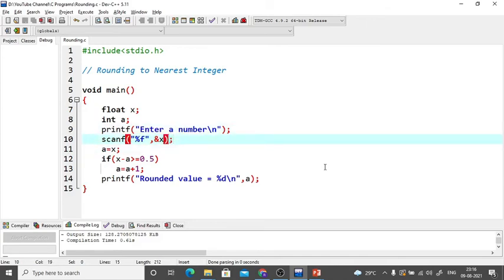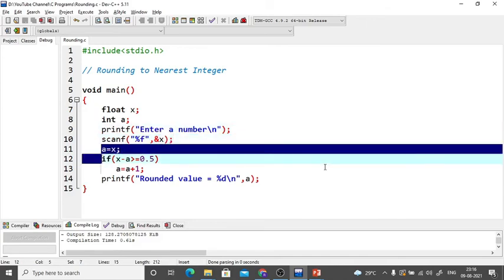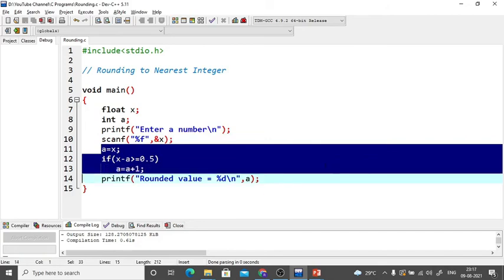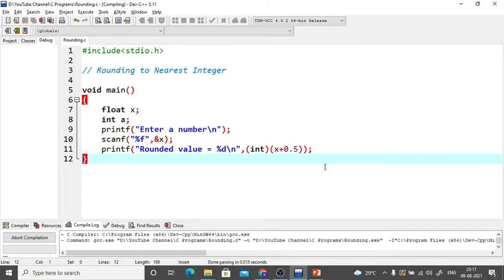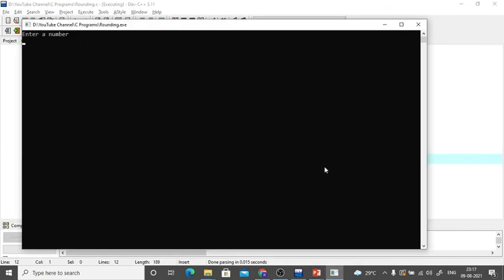Now this can very easily be done by doing this. Let's check. So I can simply say printf rounded value equal to, I have to go for int of x plus 0.5. Okay, so see, this is what I have done. I have not applied any logic. Let us see whether it works the same way or not, and then I'll tell you what exactly has happened. You can very well guess that as well. Very simple. Okay, so let us compile. Okay, let us execute.